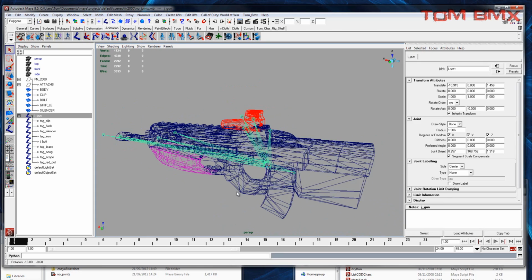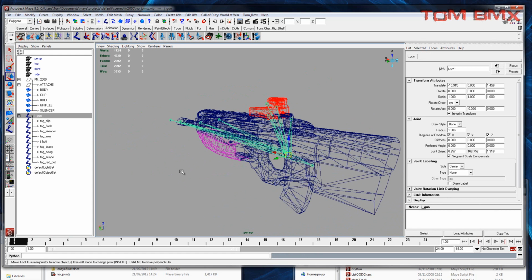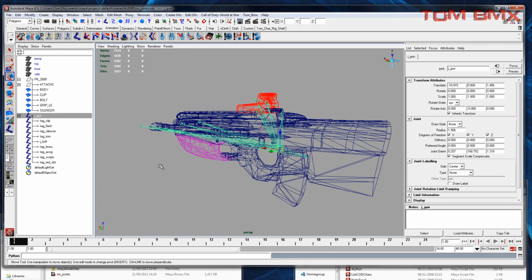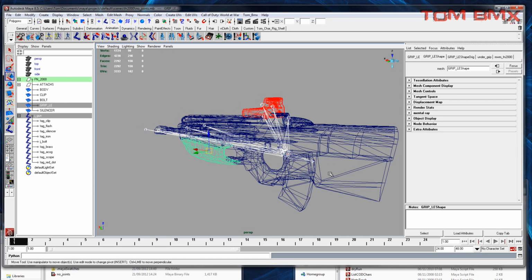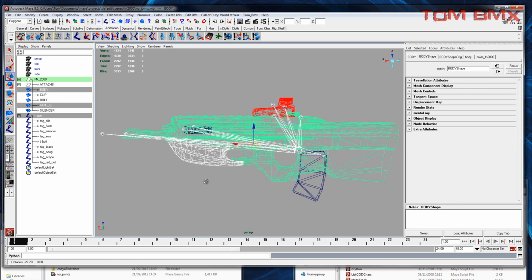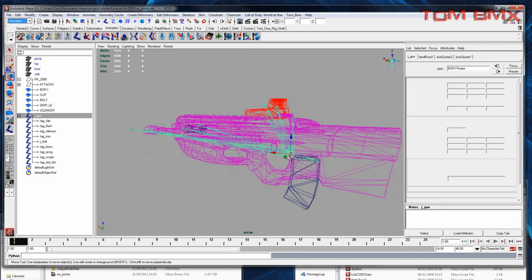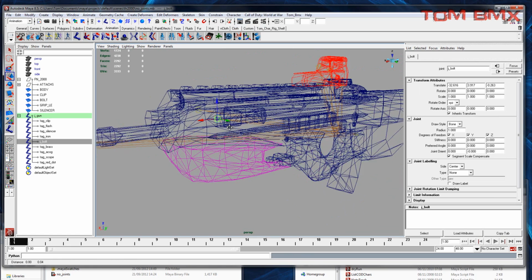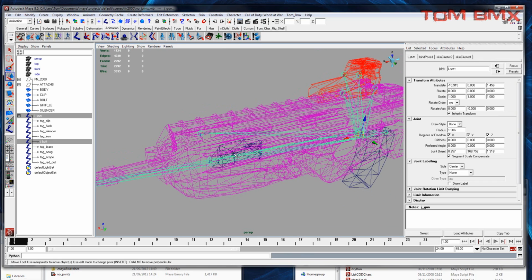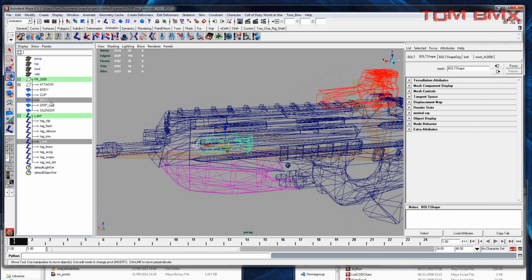Okay, so we have our skeleton. So now we just need to bind it, because currently it's not bound to anything. So first we select J gun and select all main parts of the gun, which is just these two. Then we want to be in the animation tab, skin, bind to skin, smooth bind. Now that they're attached, we want to select our J bolt. We can just select it that way. Bind, smooth bind that,